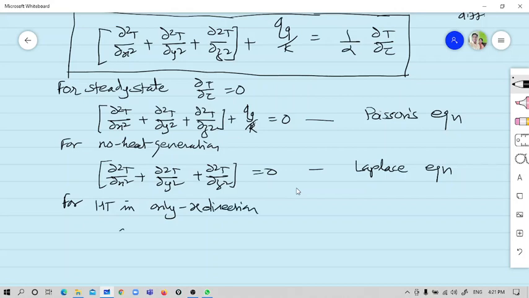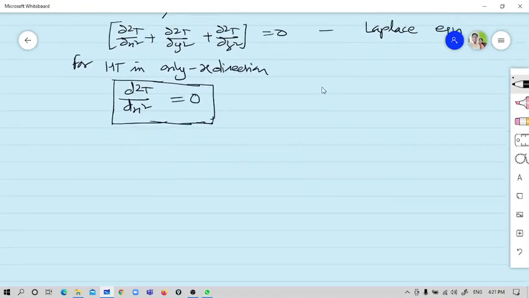So what we will get? Del squared T. Now del squared T, I can write it as d2T by dx square because we have only one direction. So d2T by dx square will be equal to 0. You can see here how the equation gets simplified by making some simple assumptions we have made, and the equation gets simplified. Now this equation can be applied to different applications, etcetera.